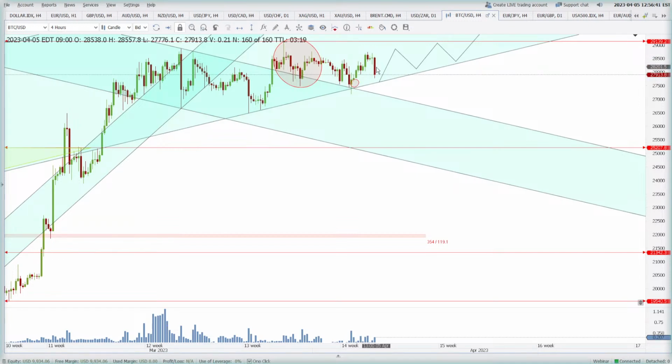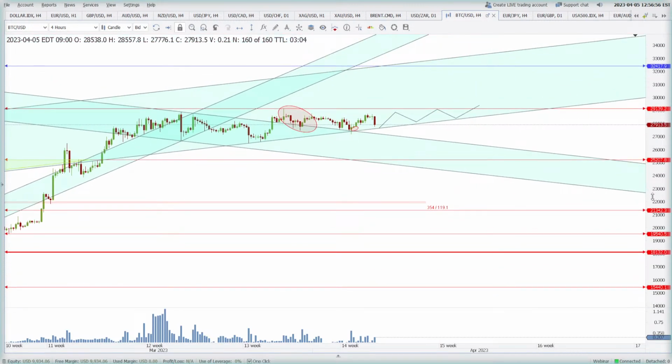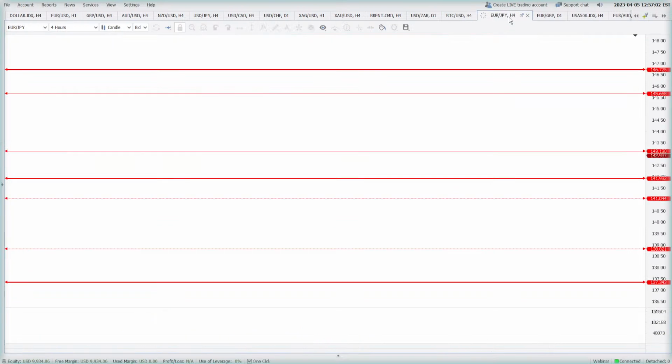But yes, if the price starts coming down, this falling channel will also be supporting the price, this rising channel will also be supporting. So there is multiple support for the Bitcoin on the way down and very limited resistance on the way up, that is 29139. After that, this is straight 32417. Keep an eye on these two levels, guys, like 29139 and this rising trend line.